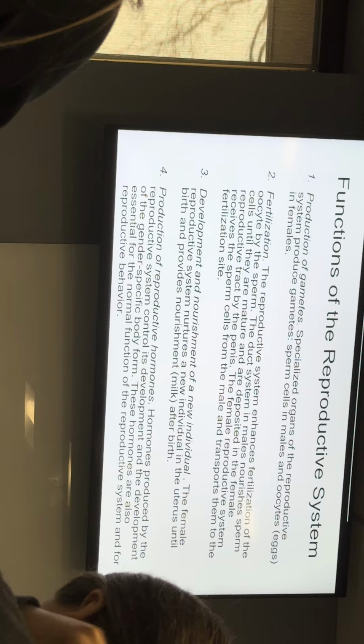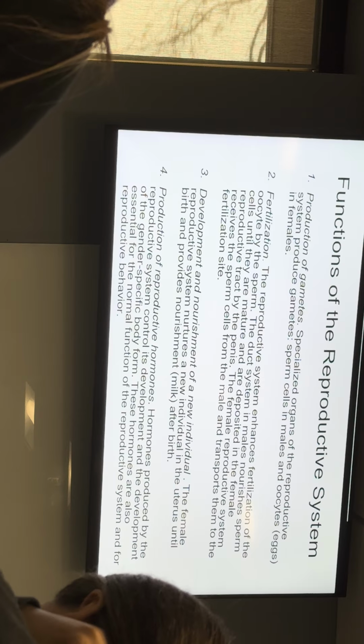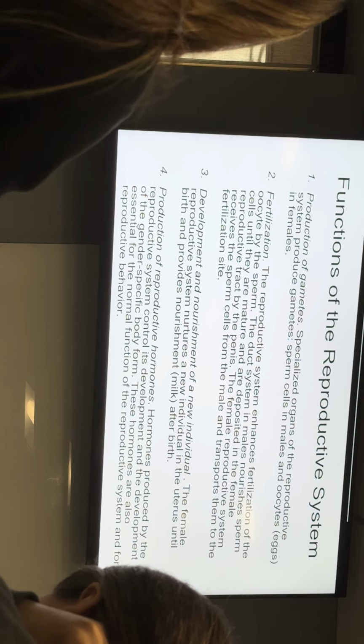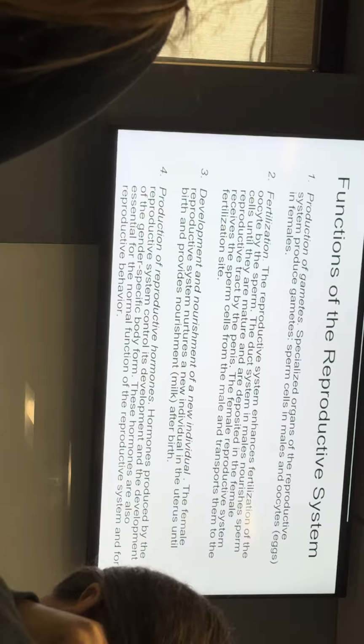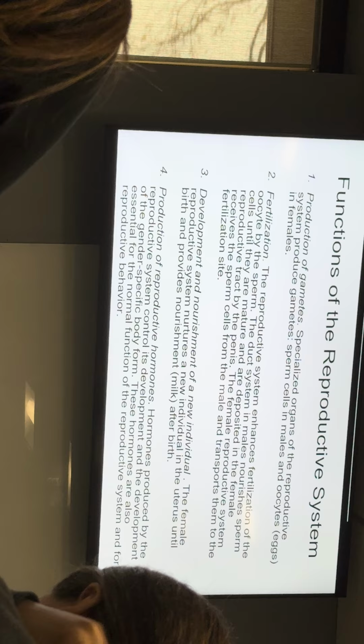And then production of hormones. So in men, we get hormones from the testicles. In women, you get hormones from your developing follicles, then your corpus luteum, then your placenta at different times of your month and different times of your pregnancy. And we'll go through that in detail later in this chapter.